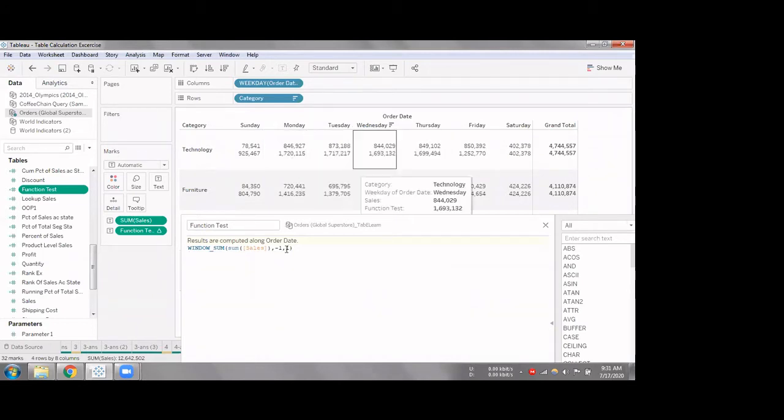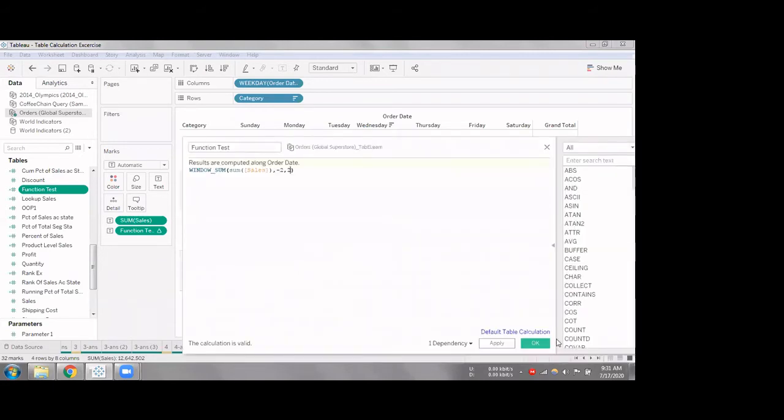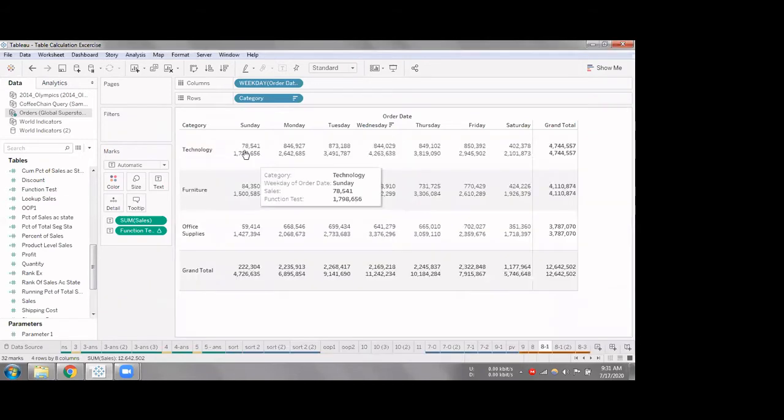Likewise, this functionality, the start and end, works like that. So I can use whatever numbers based on my requirement. I can change the start and end to satisfy my use case. So at this point in time, it gives me the previous 2 values and the next 2 values that are running sum.